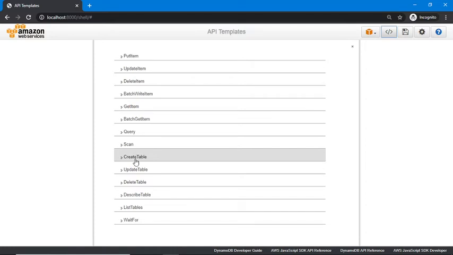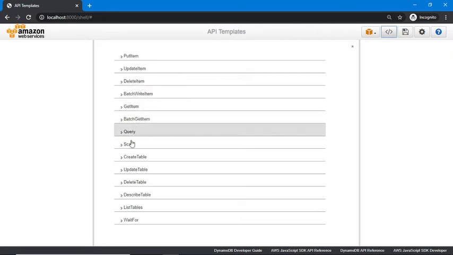With the help of these templates, you can easily write your code and execute it. There are so many options here like put item, update, delete, batch write item, get item. You can select any one template, whichever you want.